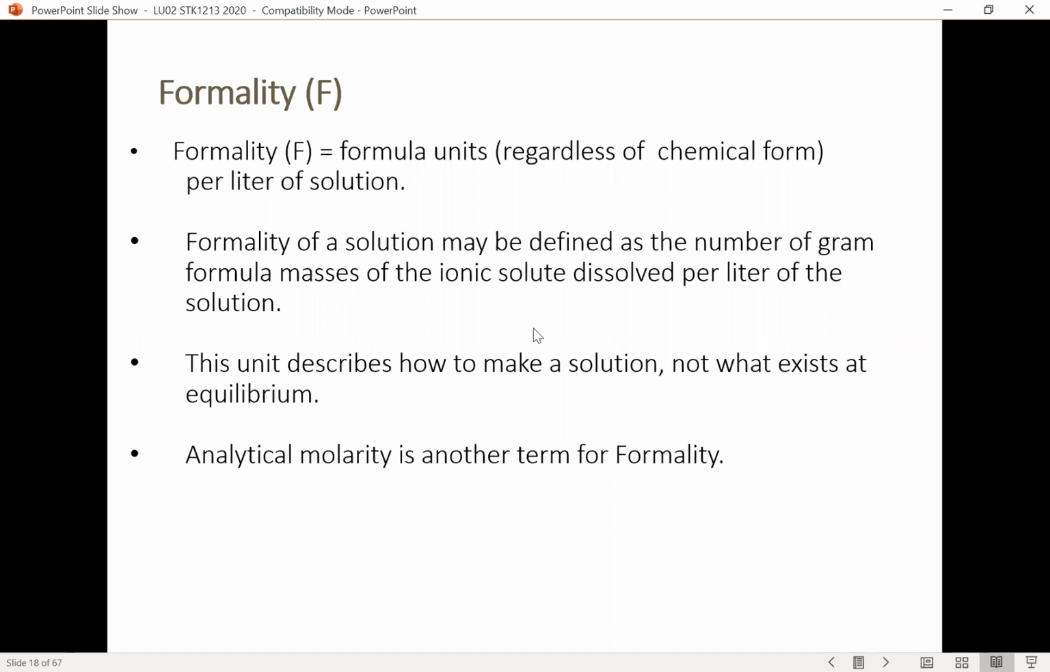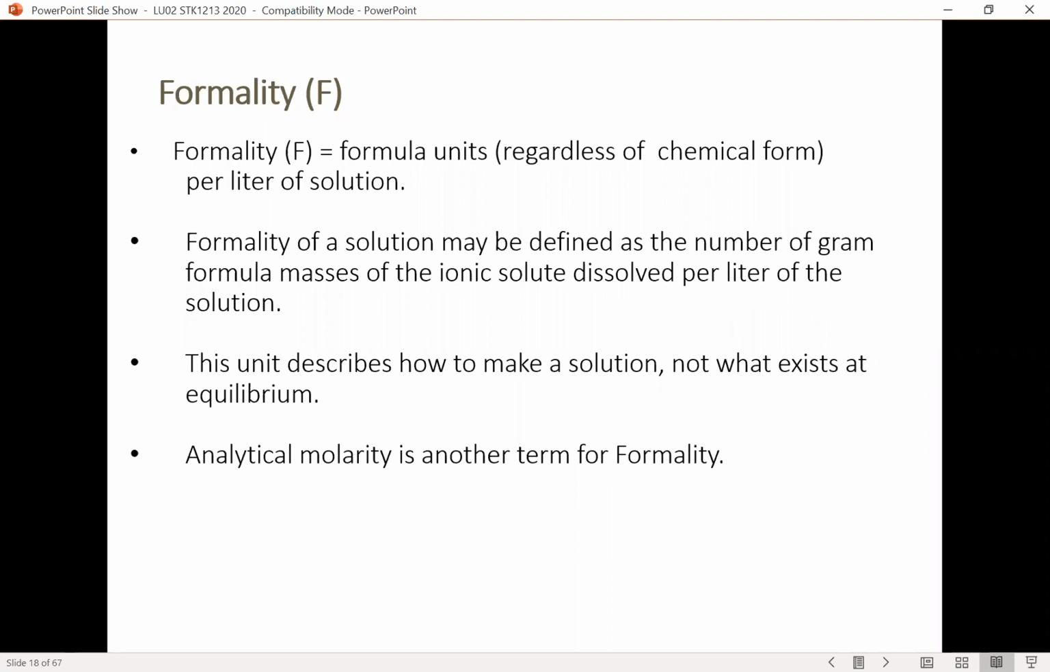Formality of a solution may be defined as the number of gram formula masses of the ionic solute dissolved per liter of the solution. So this unit describes how to make a solution, not what exists at equilibrium. For example, if you have a sodium hydroxide solution prepared from sodium hydroxide solid or pellets, and you already weigh out